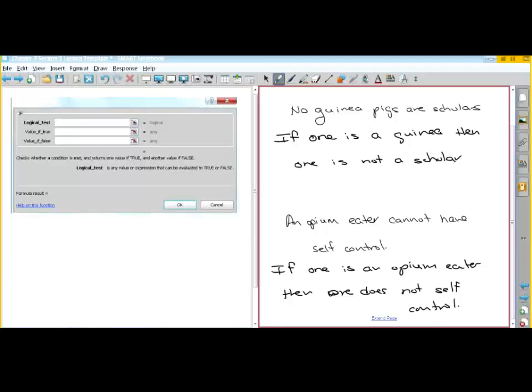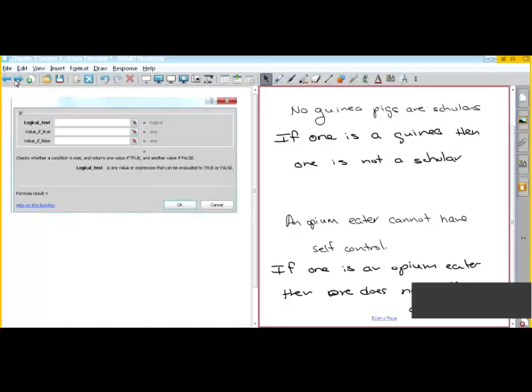Which reminds me of something. I'm gonna stop my recording for just a second. Not that I don't really need to stop. Okay. So anyway, this is opium, not cannabis. Anyway,